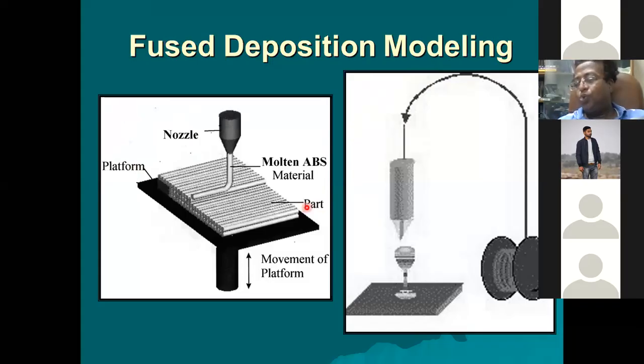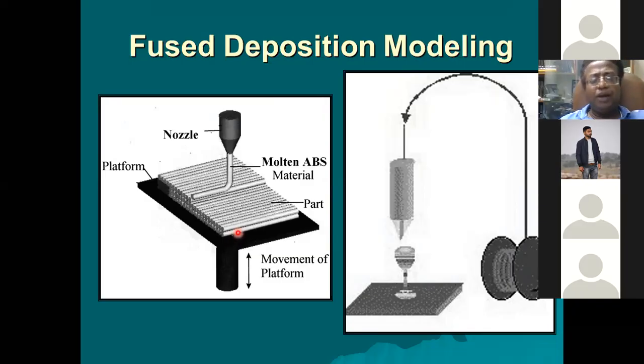ठीक है. So most of the places you will see this kind of printer, which is one of the most economical printers. Then this printer has certain limitations. Limitations are that the wire materials are very limited. Only 3-4 kinds of wire you will get. Correct? Like you will get ABS, PVA, polyvinyl alcohol. You will get PLA, polylactic acid. That's all. You can get HIPS. Correct? That's all.